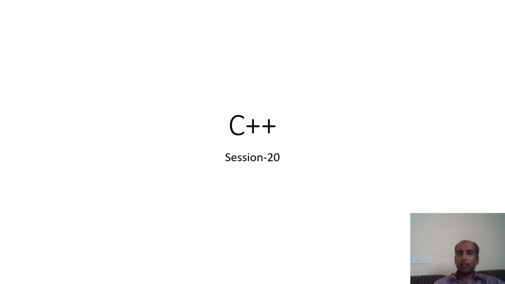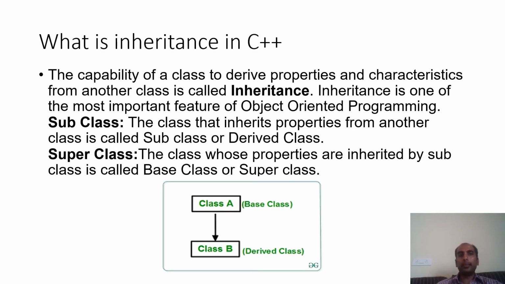Good morning, students. Today we will start Unit 3. So yesterday we completed Unit 2, which consisted of various topics like class, constructor, and operator overloading. In Unit 3, we will discuss inheritance. That is the most important feature of object-oriented programming. So we need to discuss what inheritance is.